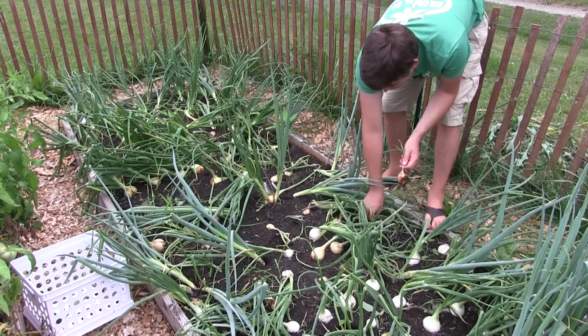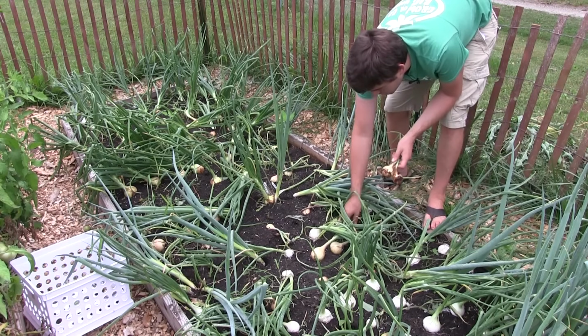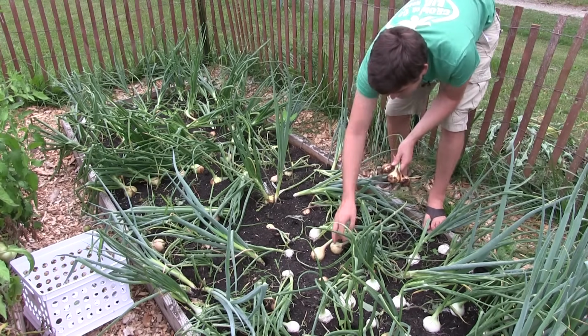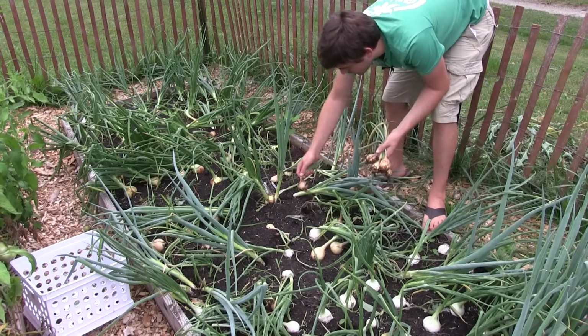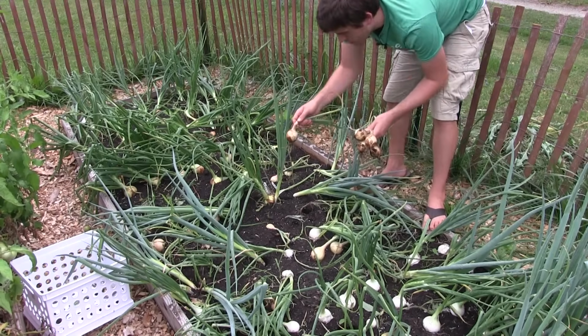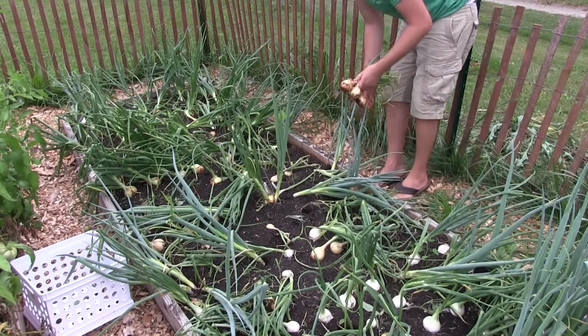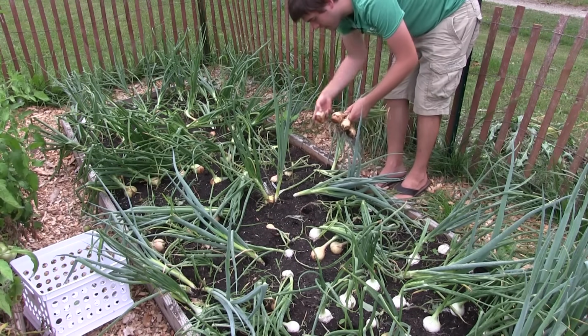And some onions will mature sooner than others. As you can see, many of our yellow Spanish onions are ready to harvest. The yellow Spanish onions are a little bit early maturing. They're not the largest size onions you're going to have, but they are going to be some of your first onions, I guess I would say. And they do somewhat